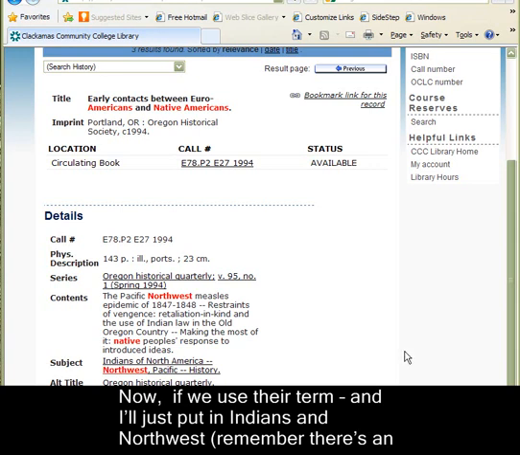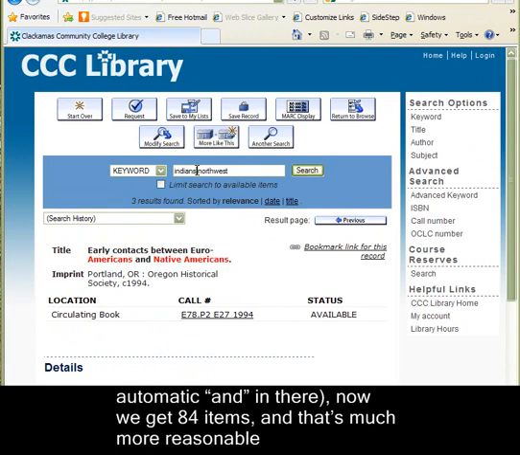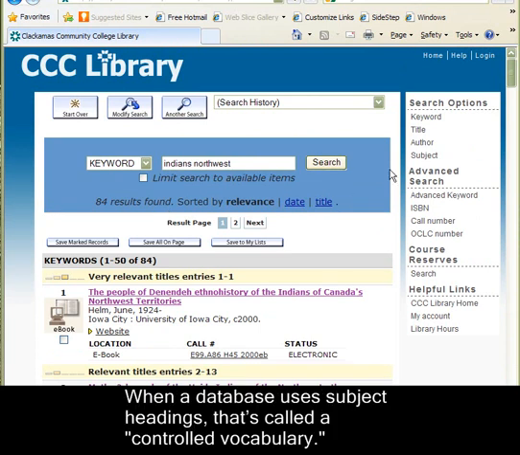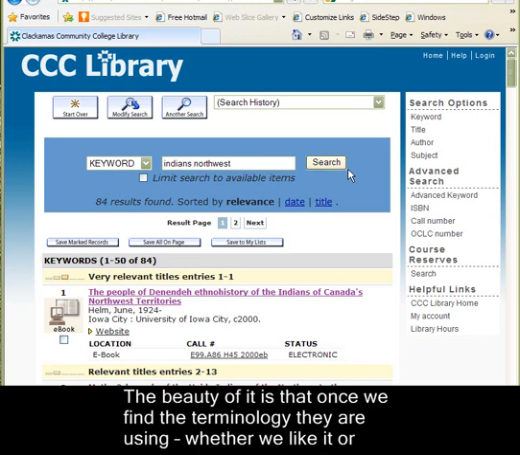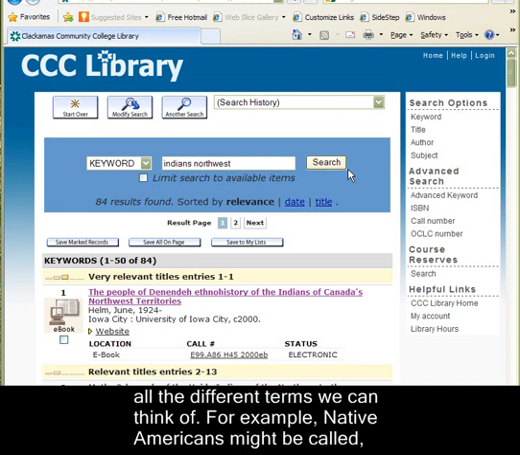Now if we use their term, and I'll just put in Indians and Northwest, remember there's an automatic "and" in there. Now we get 84 items, and that's much more reasonable. When a database uses subject headings, that's called a controlled vocabulary. The beauty of it is that once we find the terminology they're using, whether we like it or not, we should get pretty much everything the database has on the topic